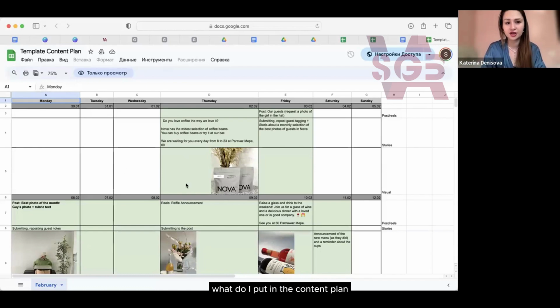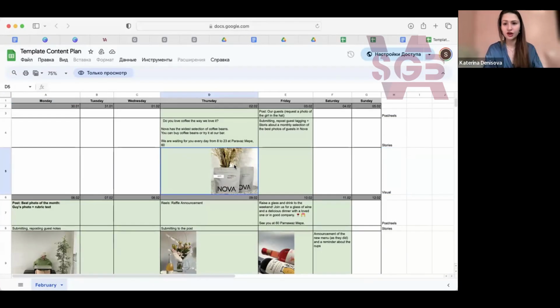What do I put in the content plan? I put the day of publication, the month of publication, of course. I show the form of the publication. Is it a post, a reels, or stories? I also like to add a visual so my client can see how it will look.